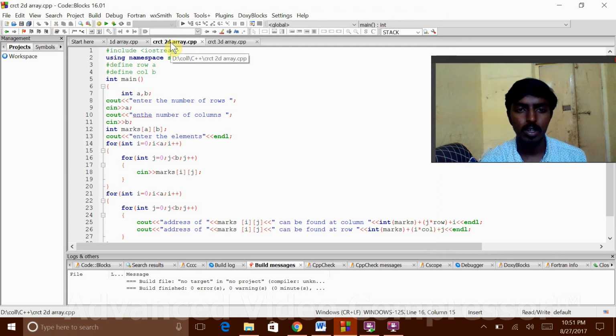And then moving on to 2D array, I'm declaring the array marks as the array and size. This is row size and this is column size, which will be declared by the user. Once the user gives the row and column size, we move on to filling up the array,